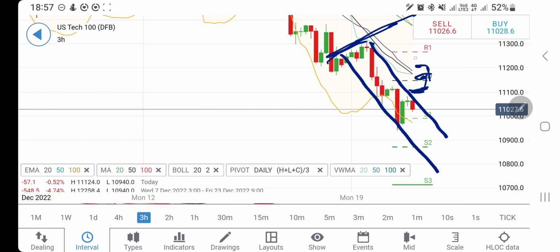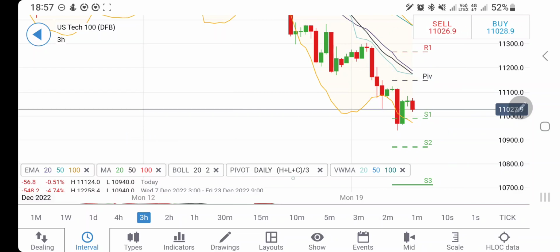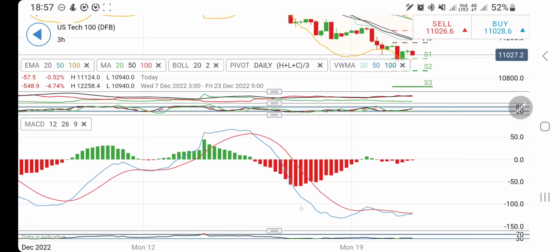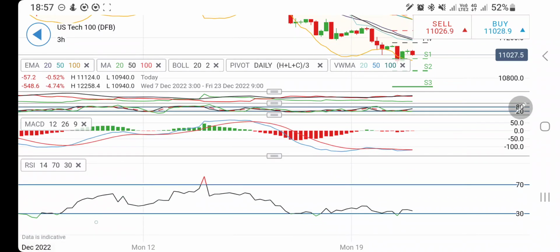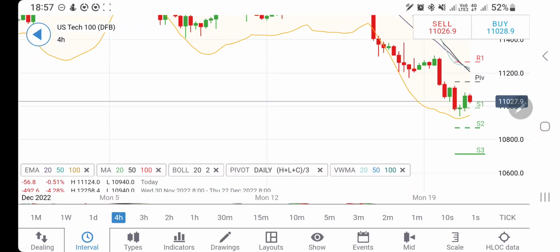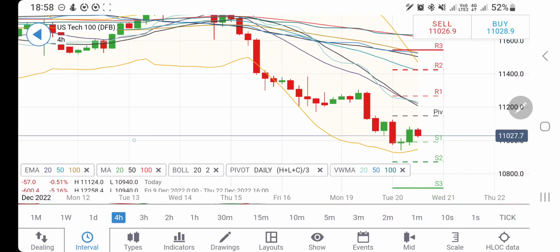For it to sustain the bullish momentum, it has to break past 200, 300 and 400 levels. At the same time, on the downside, 10,880 is certainly going to be very good support. Directional movement bearish, stochastic rising from the bottom. The MACD is trying to converge for a bullish crossover, and it is at the bottom here. The RSI is also trading at the bottom. And if you look at the 4-hour charts, interestingly here we can see a reversal candle,